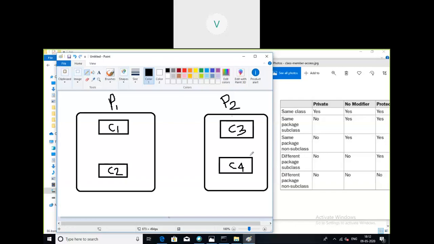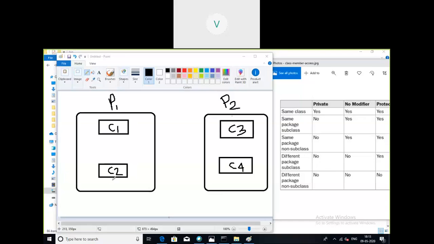This is one package, and there is a clear distinction between this package P1 and this other package P2. You can take any names you need for packages P1 and P2. P1 contains 2 classes, same package subclass, C1 and C2.